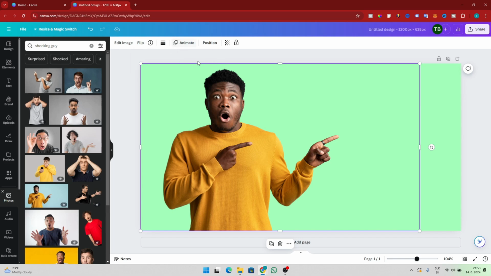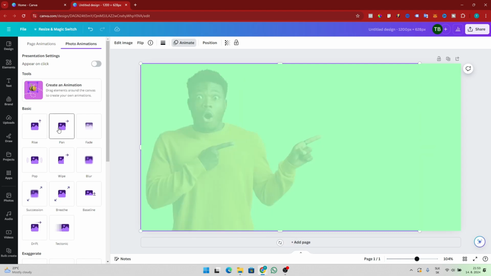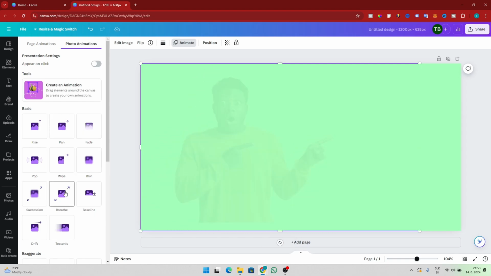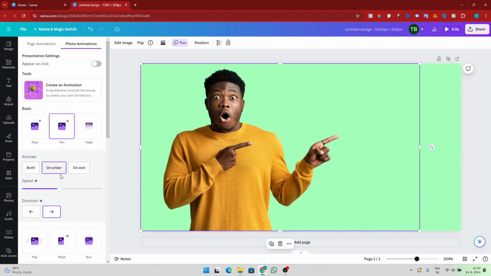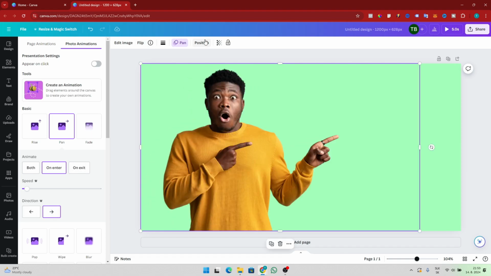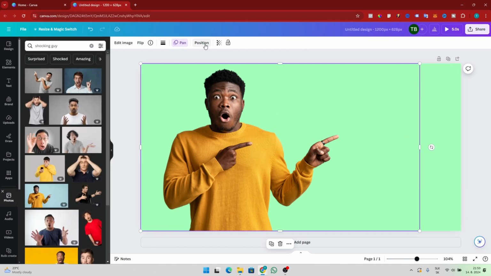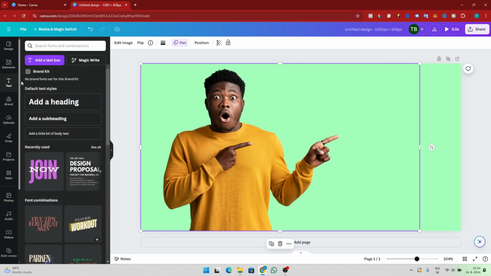And also I can use some animation for this image. So let's say that I want to breathe him. Or I just want to bring him to the workspace. And in the Pro section, you have the possibility to use slower speed, or you can change the direction. Also, here is the very important thing, and that's the position of this image. So let's say that I will add some text here,